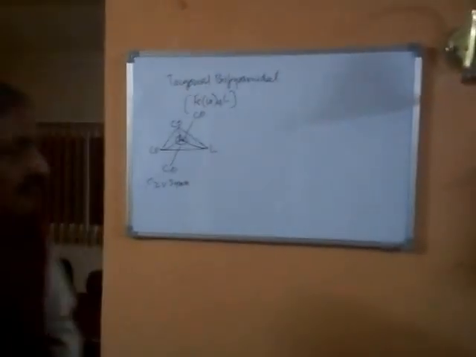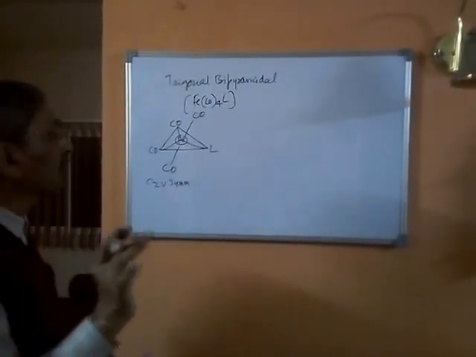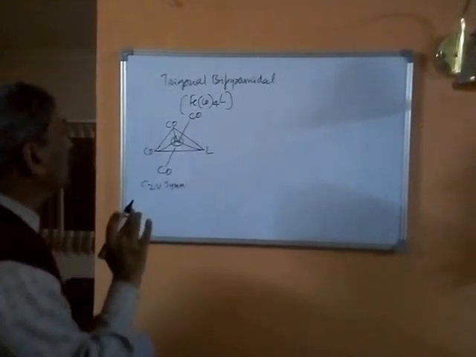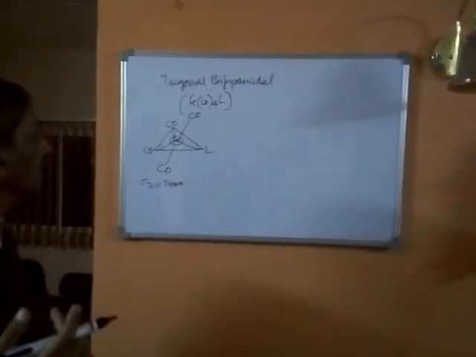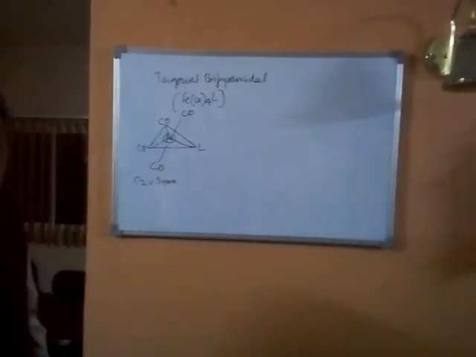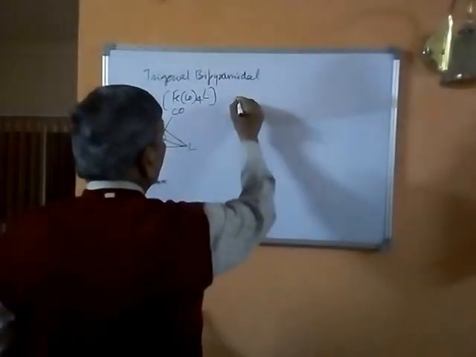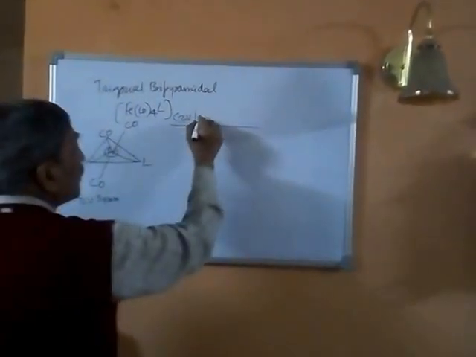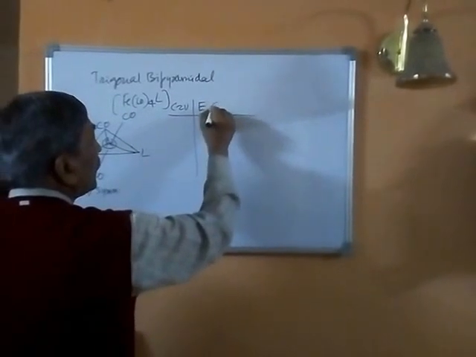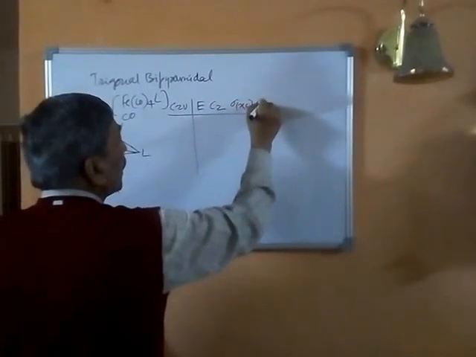Now in the same manner as we have proceeded for C3V, we will first of all apply the symmetry operations of the C2V point group and see how the transformation of the CO-iron-CO bonds as a basis set modify or change, and we can then represent the characters. We can write down the C2V symmetry operations. The symmetry operations will be identity E, there will be a C2, there will be a sigma xz and a sigma yz.